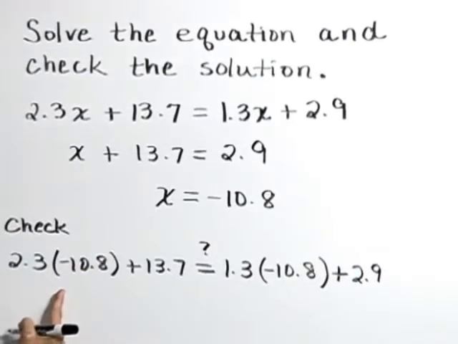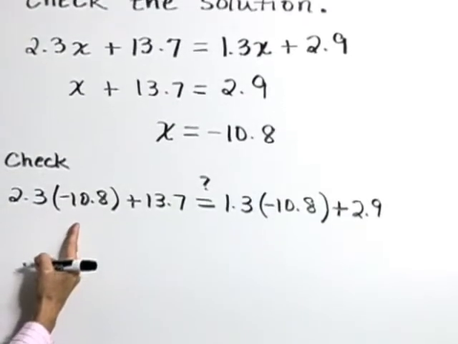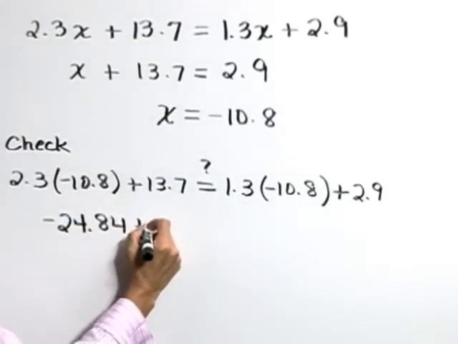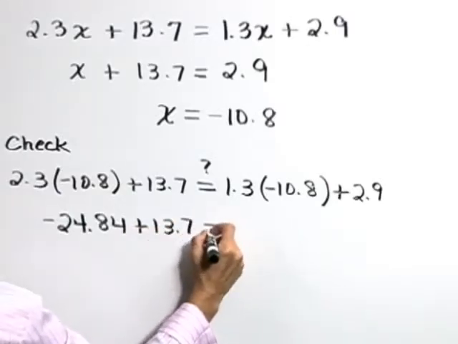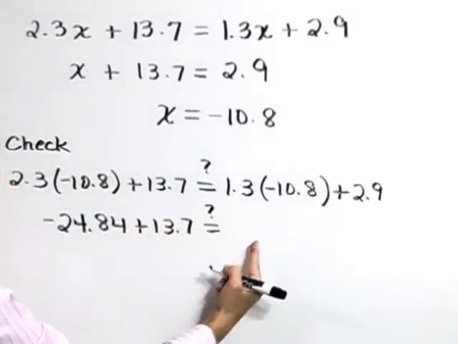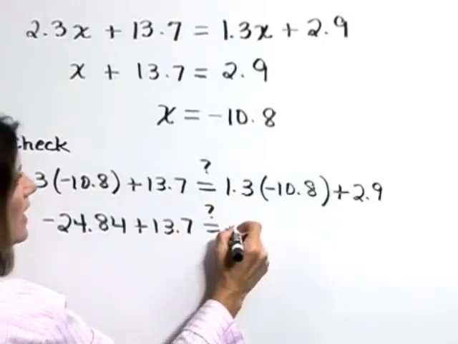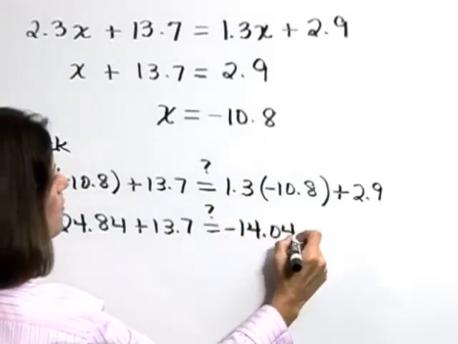Multiplying on the left, 2.3 times negative 10.8 is equal to negative 24.84 plus 13.7. On the right, 1.3 times negative 10.8 is equal to negative 14.04